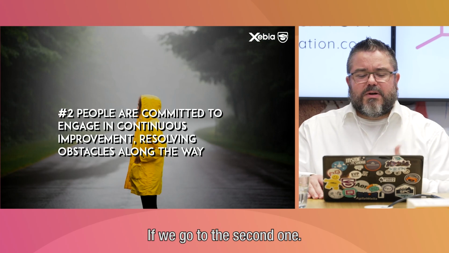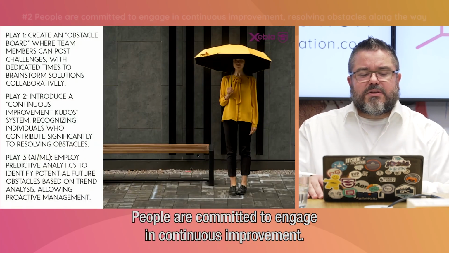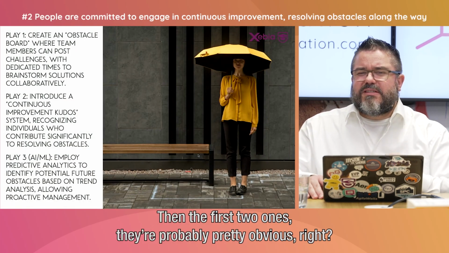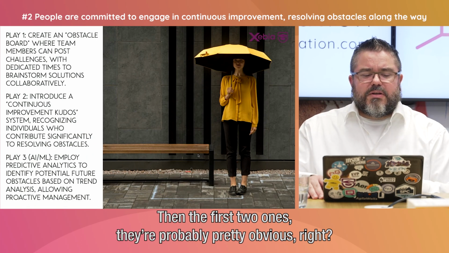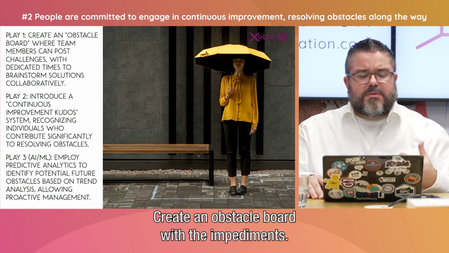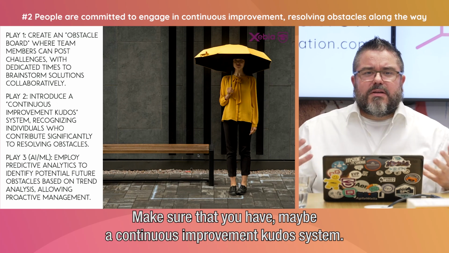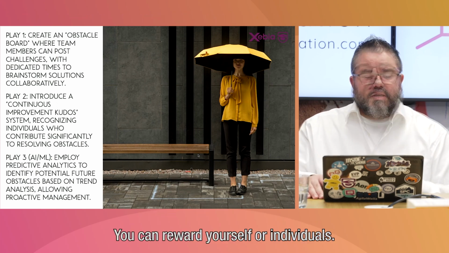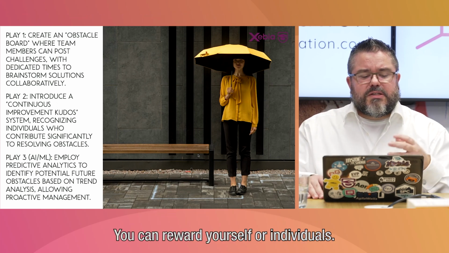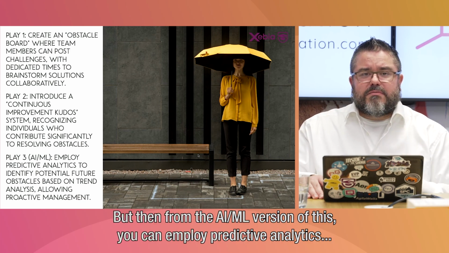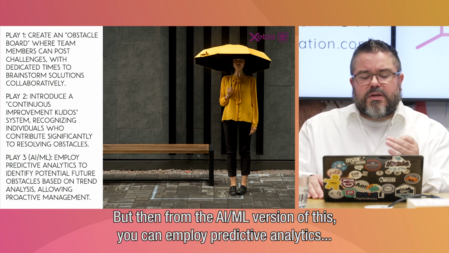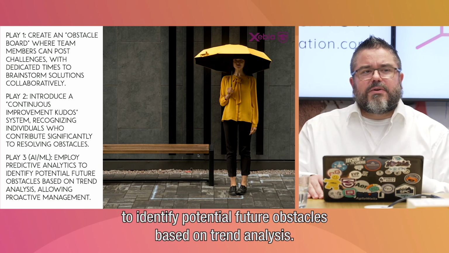If we go to the second one, people are committed to engage in continuous improvement, then the first 2 plays are probably pretty obvious, right? Create an obstacle board with the impediments, and make sure that you have maybe a continuous improvement kudos system you can reward yourself or individuals. But then from the AI/ML version of this, you can employ predictive analytics to identify potential